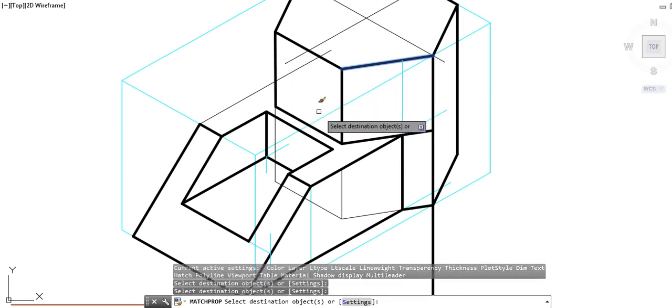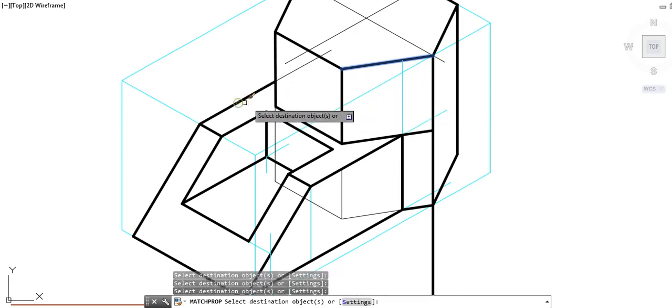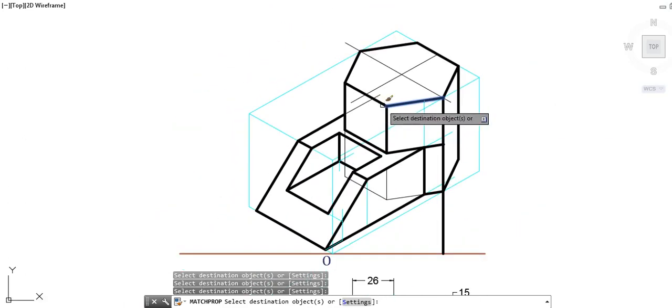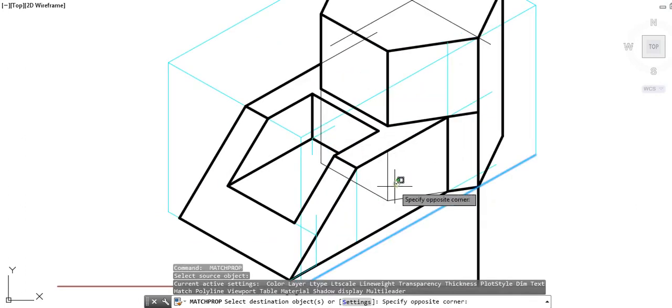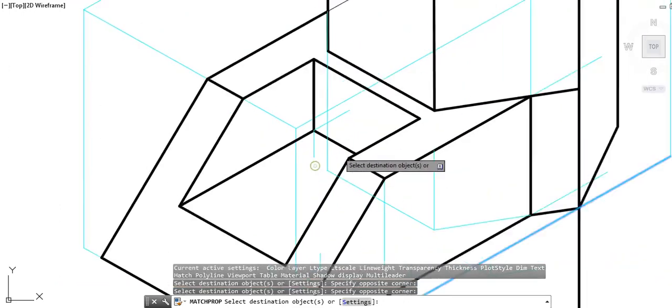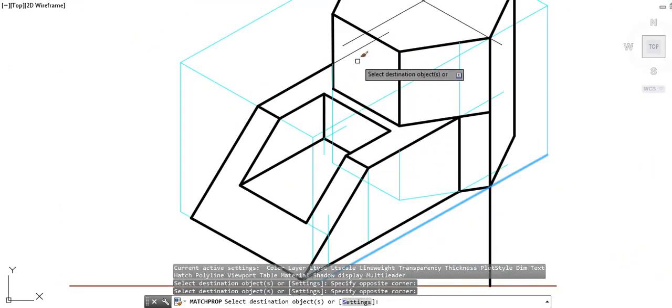This line segment will be restricted only up to this line because the rest of the portion is not seen, and hence it will be kept hidden. So let us apply the projection layer or the construction layer wherever applicable. So like you can see, all these parts which are required to take projection of, but are not actually seen, I made them projection lines.